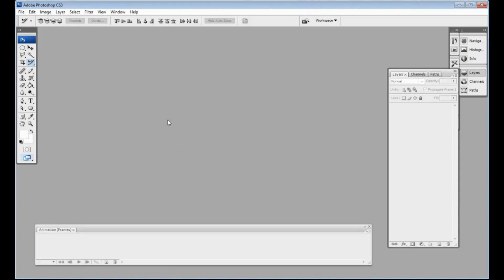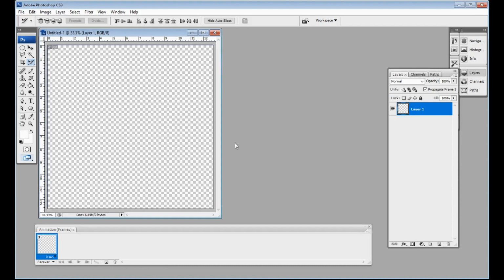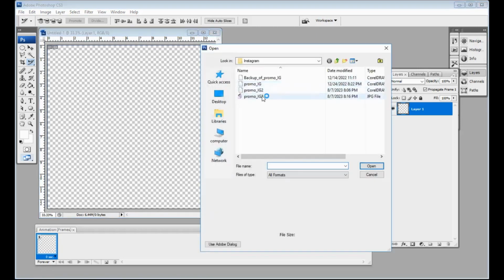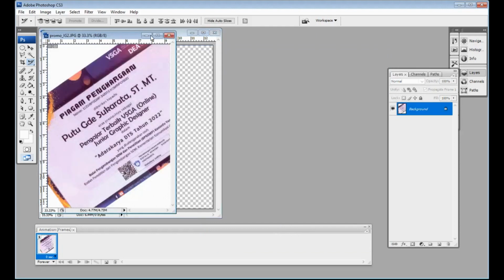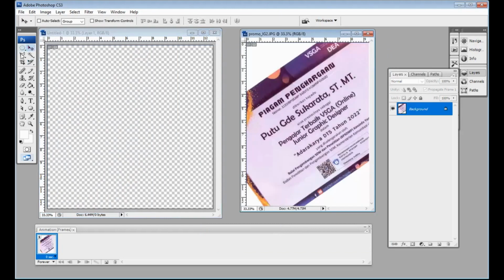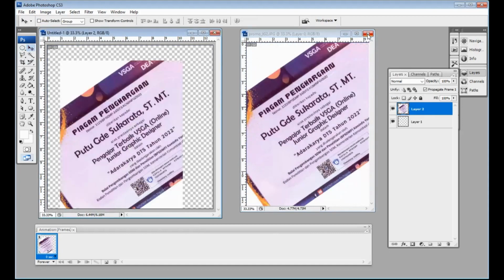Yeah, that's the canvas I will use to divide the image, and then we can publish it on Instagram.